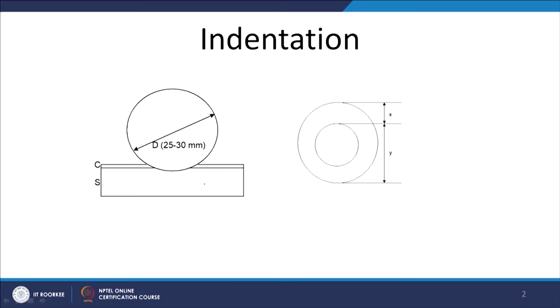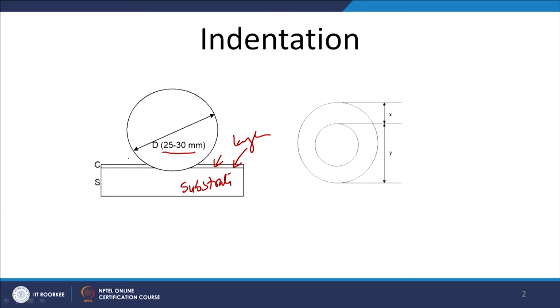In this case, this is the substrate, and this is the thin layer of the material which is applied. A ball of large diameter, like 25 to 30 mm, is applied, and a suitable load is applied, so indentation is made onto the surface. Since the modified surface, the layer of the material applied at the surface of the substrate, will have different properties than the substrate,